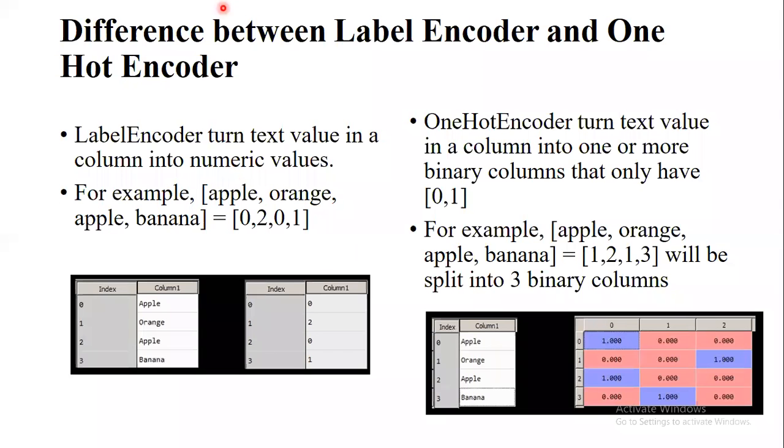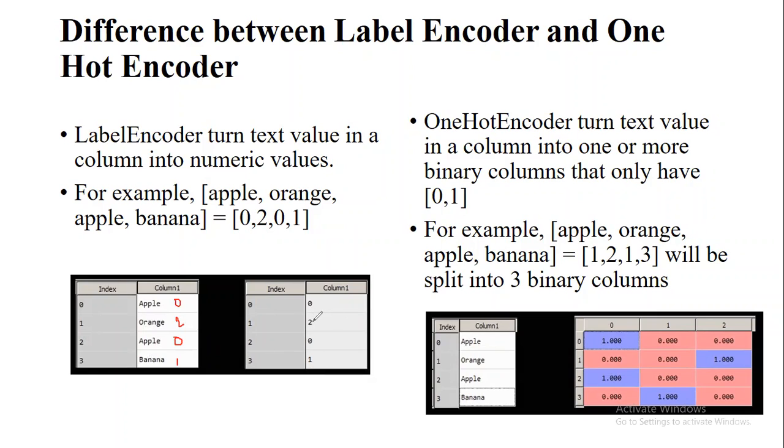So for example, what is label encoder? Label encoder will convert into numerical values. For example, here we have apple, orange, apple, banana. Now first it will arrange everything in alphabetical order. So A is first, so apple gets a 0. Then banana, B is the second one next to A, right? So this is 1. And then orange is 2. Wherever apple is there, you will get 0. Wherever banana is there, you will get 1. And wherever orange is there, you will get 2.